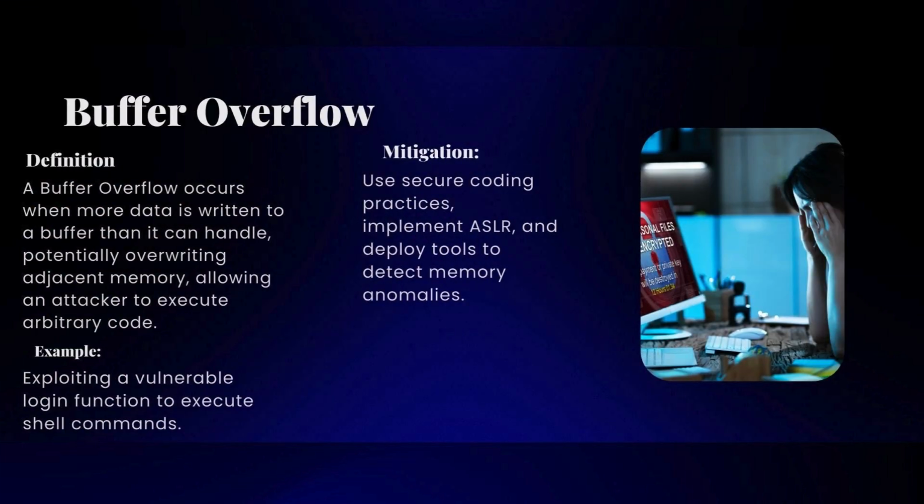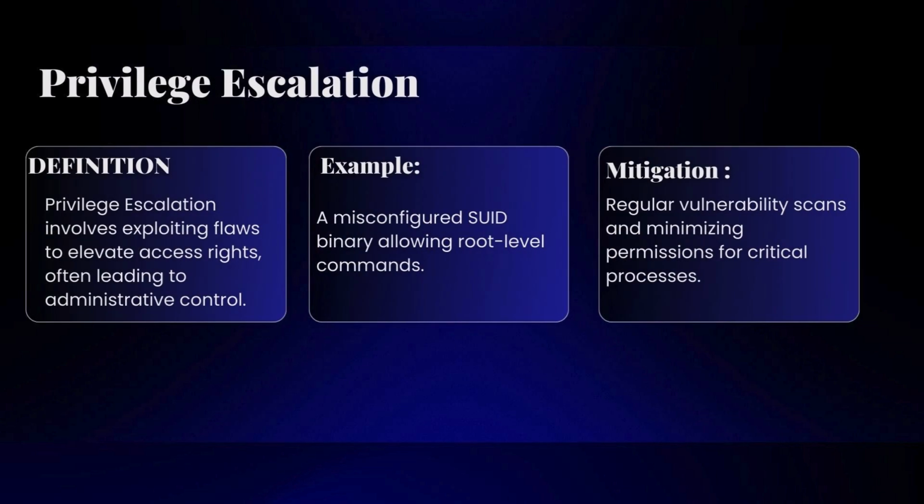A buffer overflow happens when a buffer receives more data than it can manage, causing it to overwrite adjacent memory. This can enable an attacker to run arbitrary code. Example: using a vulnerable login function to execute shell commands. Mitigation. We mitigate the risk by adopting secure coding practices, implementing address space layout randomization, ASLR, and deploying tools to